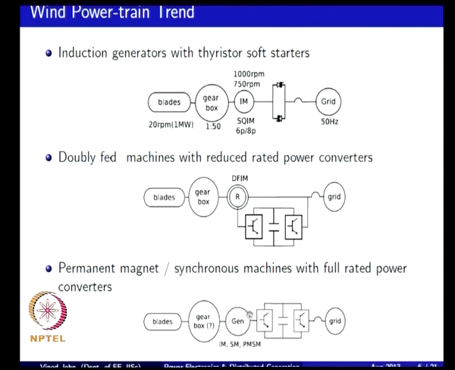Also, if you design now a special machine which can run at a lower electrical frequency, then it means that potentially you can eliminate the gearbox, because this particular machine can be made to run at a rated speed of maybe 20 RPM itself, rather than at 1000 RPM or a higher RPM. So, you can potentially eliminate a large element such as a gearbox in such configuration, and this is being looked at more closely by